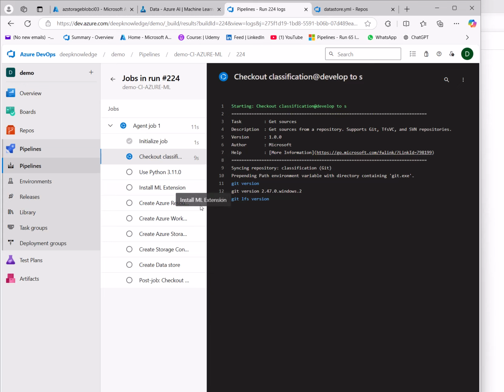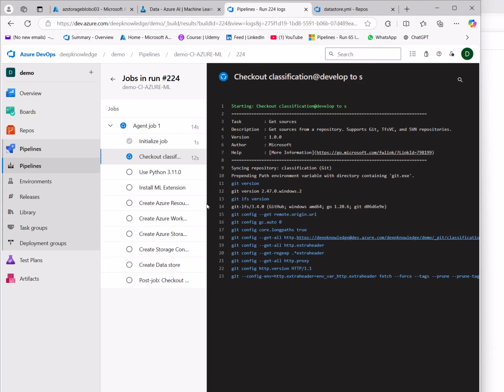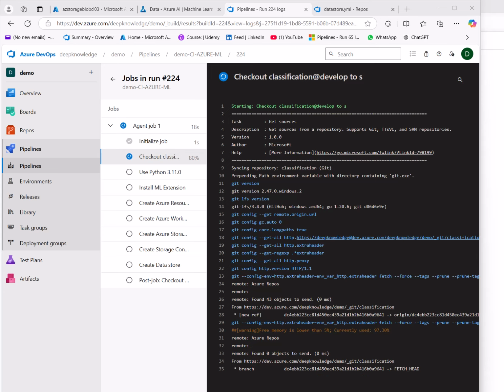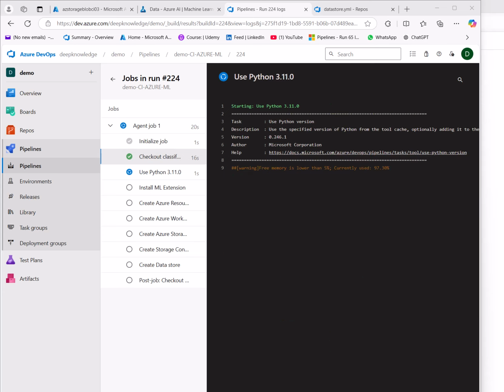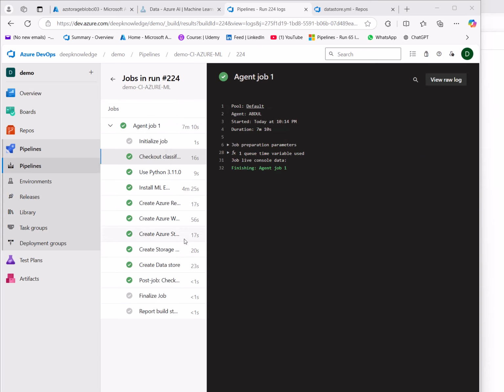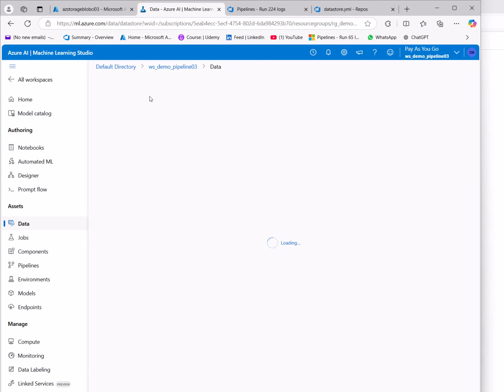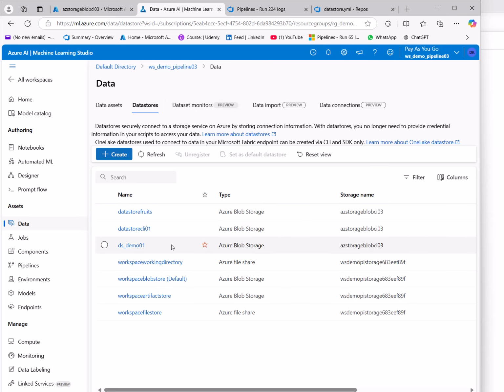Because this will take a few minutes, I'll pause and we'll be back to you. And if I have issues, I will of course try to show you how to solve them. Okay, as you can see here, it's already created successfully. But let's check the workspace to see if it has created the data store. Yeah, this one here. This was the name and the data store YAML file.